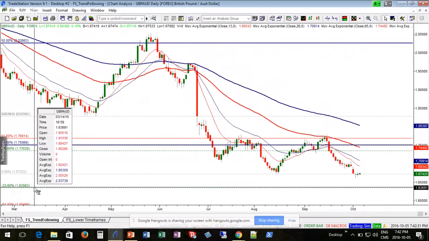Okay, so in this video, we're going to review the pound versus New Zealand dollar. I don't have specific targets for this market, but we are going to review some of the levels of interest as we review this market. So let's switch to the charts here. Of course, we always like to start from a larger time frame. The larger time frame is the weekly time frame here, and